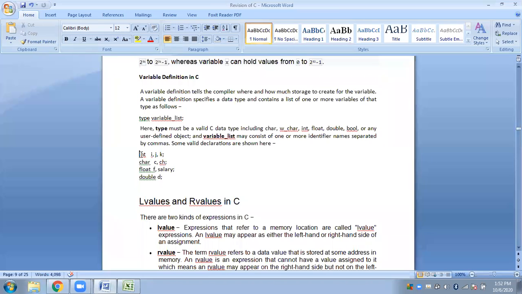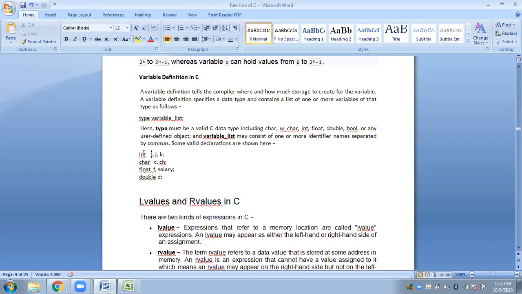Once you are done writing your own code, you run it, you execute it, then it is up to the compiler to take care of everything. Fine. So initially what happens is, when you write a statement like this, what does this mean? You see, i, j, k are nothing but simple variables. And what are they used for? These are used for storing values. That is clear to all.